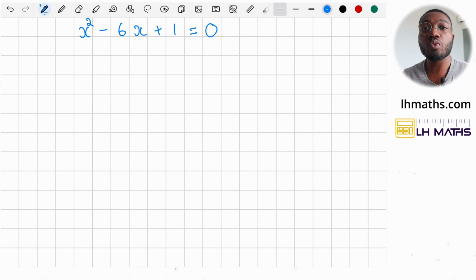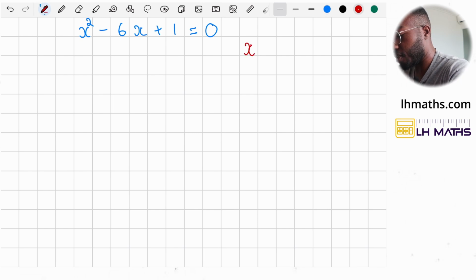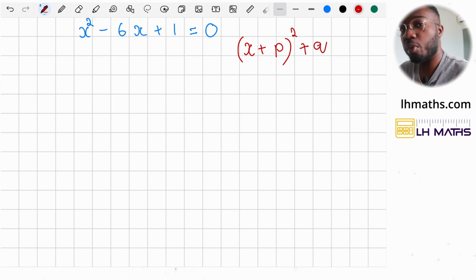So in this instance, we will complete the square, okay? We'll use completing the square. So for this one, again, remember that we want to write it in the form x plus p squared plus q. Okay, we want to write it in that kind of form. So for this question, okay, what do we do? Well, for that, we look at the coefficient of the x term, which is minus 6, and we half it. So we get x minus 3